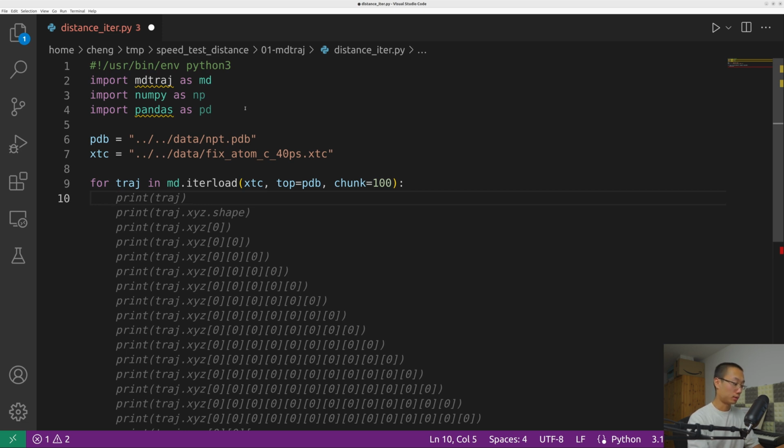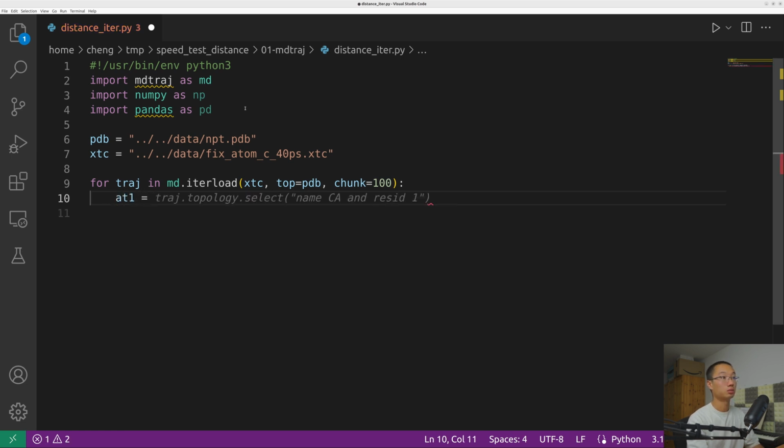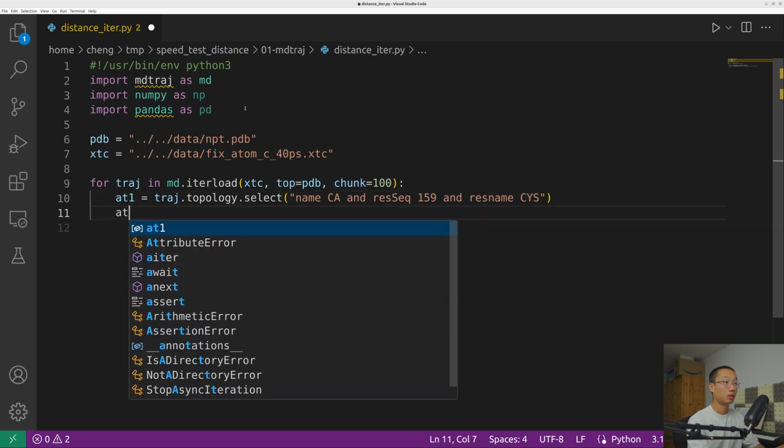So here I'm going to select the atoms. As I already mentioned, we want to measure the distance between cysteine 159 and 284. Atom 1 equals traj.top, name CA, res ID. Actually, in mdtraj it should be resSeq 159. And to be sure, I also give it the name CYS: atom CA, index 159, and name cysteine. And atom 2